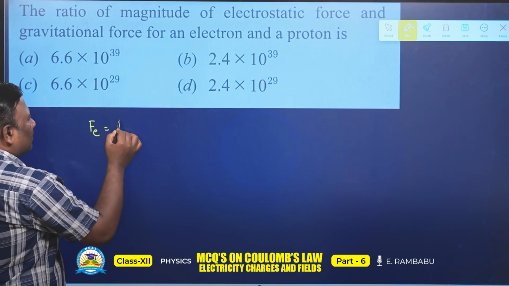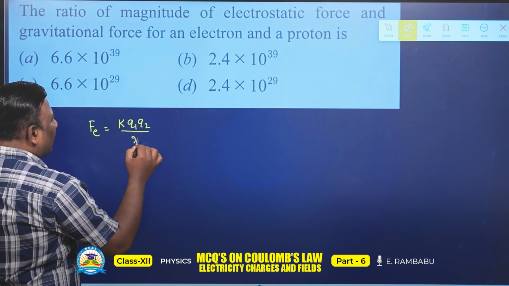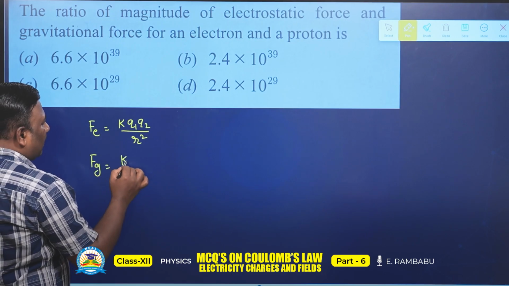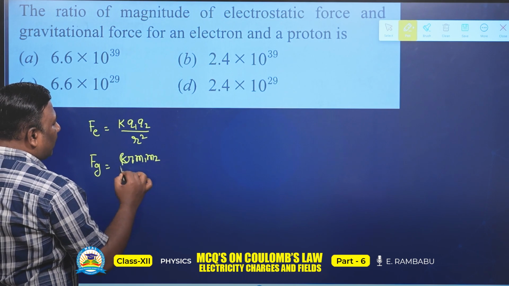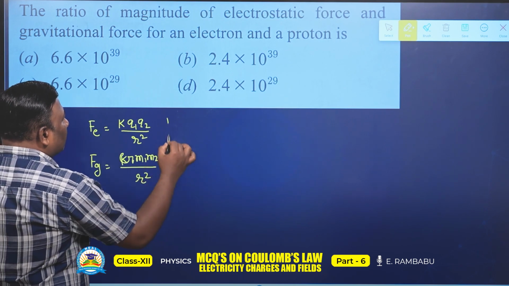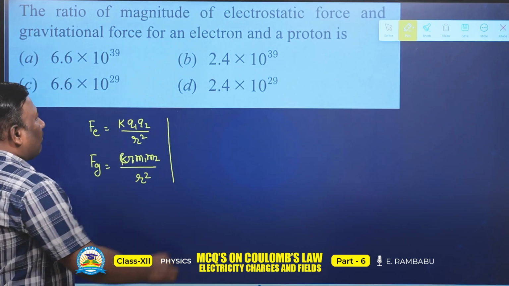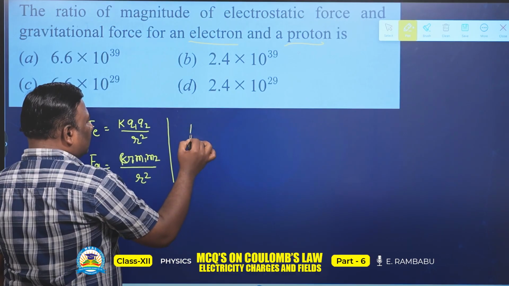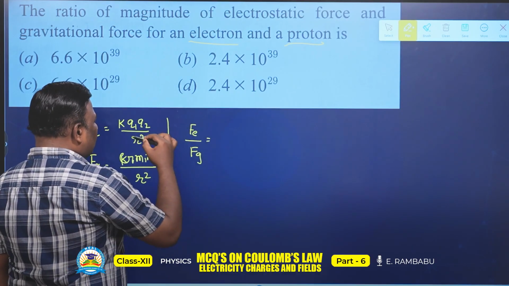The formula for electrostatic force is K into Q1 into Q2 by r square. The formula for gravitational force is G into M1 into M2 by r square. Here the question is, what is the ratio of the electrostatic force to the gravitational force of an electron and proton? That is, electrostatic force by gravitational force is equal to